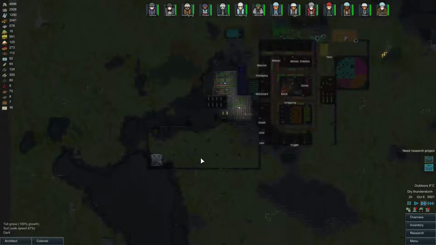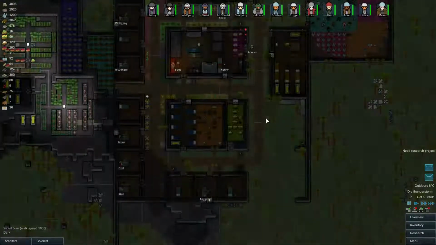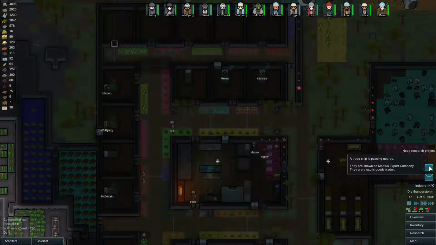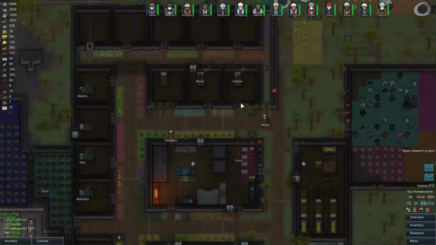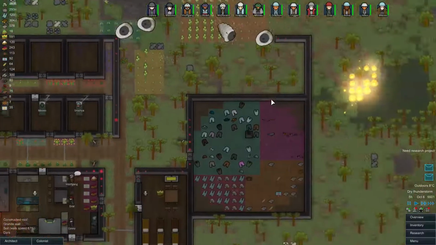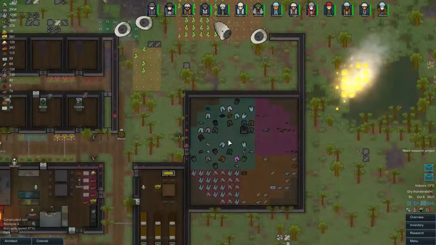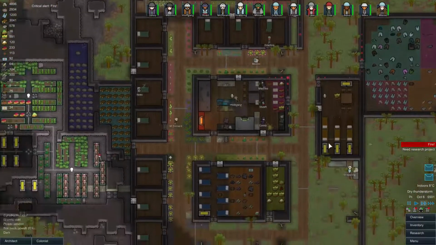We finally finished this building. We got a lot of messages. We have 2 traders, a combat supplier and an exotic goods trader. I was waiting a bit before I was gonna trade because I wanted to make sure that all my guys had some decent clothes, because as they degenerate over time, I gotta make sure that they are replaced at